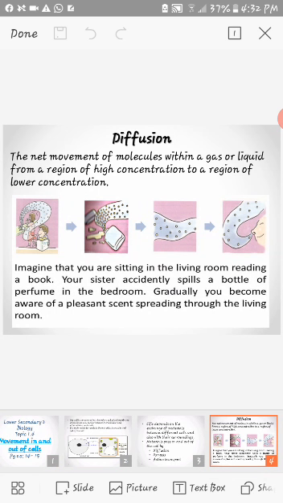So when the particles in the higher concentration area collide more often, they will spread in all directions, and this is known as random motion, right? They spread in random motion and move forward. That is why you can smell the perfume even when you are sitting in the next room as well. So this is known as diffusion: the movement of the molecules from a higher concentration area to the lower concentration area by the collision of the particles is known as diffusion.